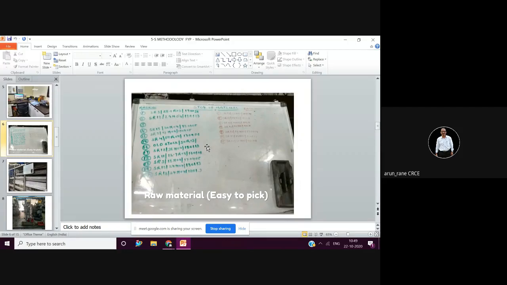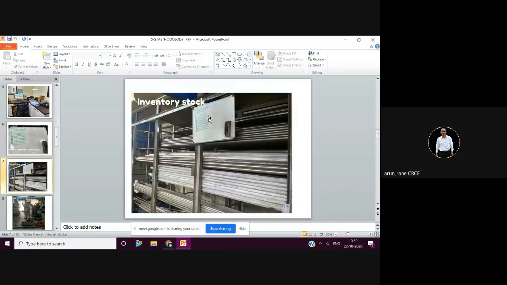Then this is the stock of materials, showing which rack has what stock, so you can pick up very fast. But nowadays there is a system called the automatic storage and automatic retrieval system, that is AS/RS. It is totally computerized, so that helps you pick up things properly. These are actual photographs from the industries.